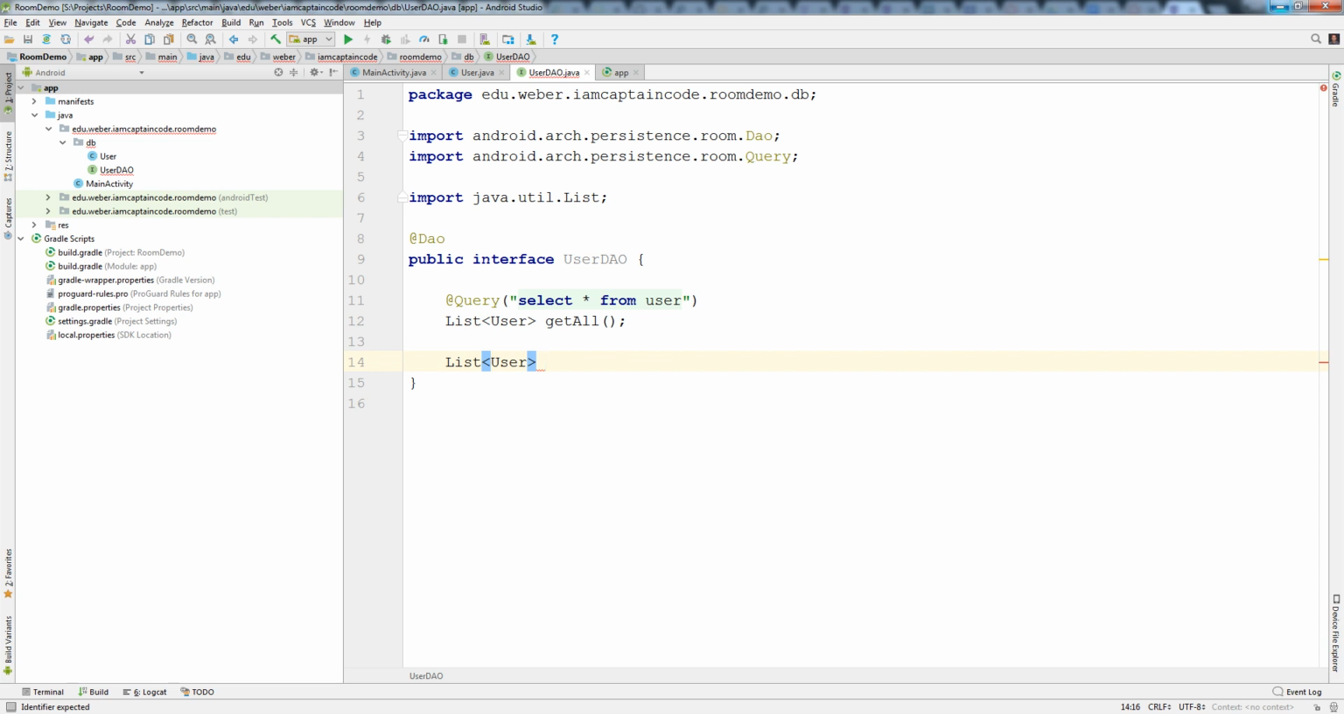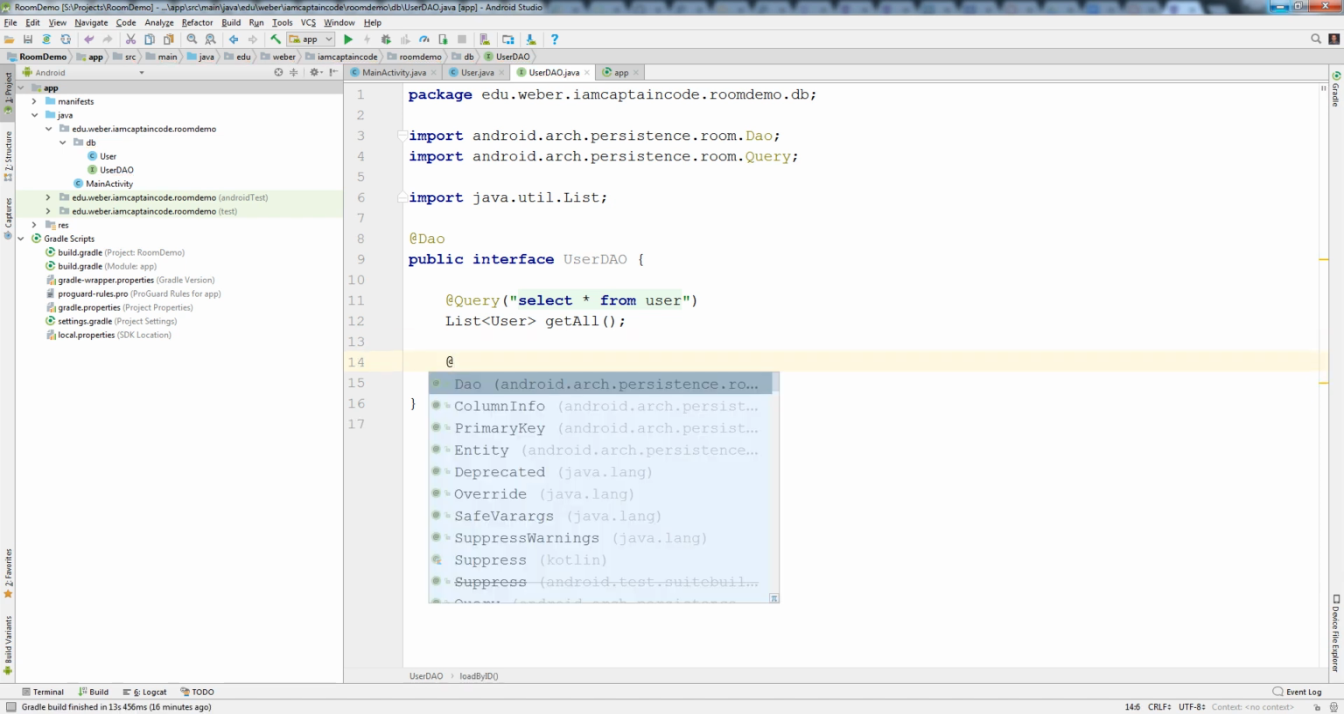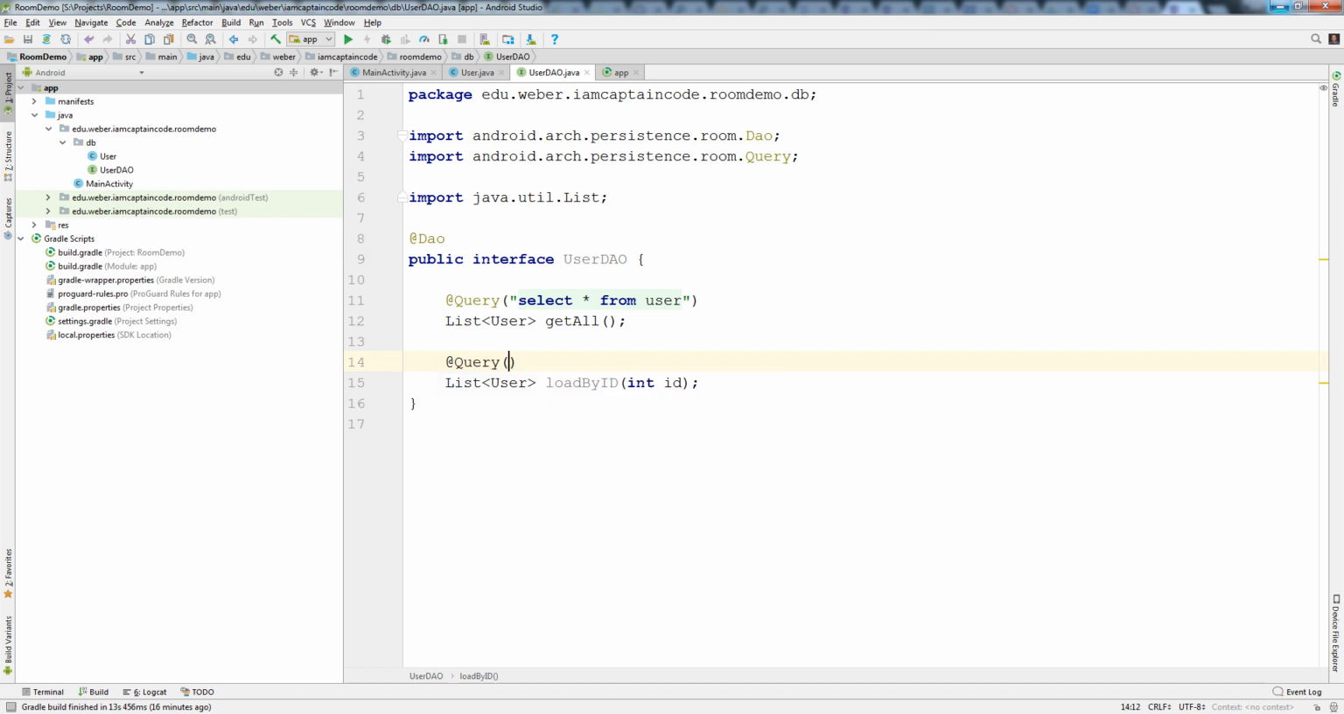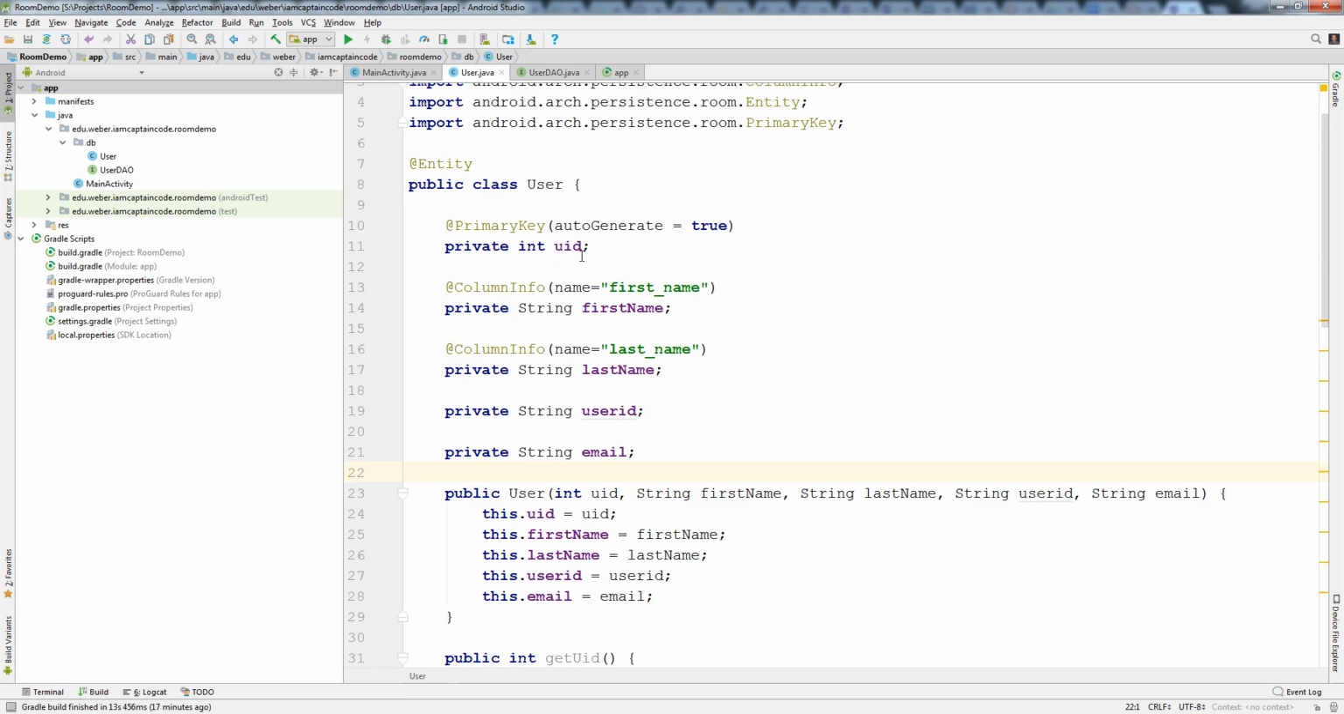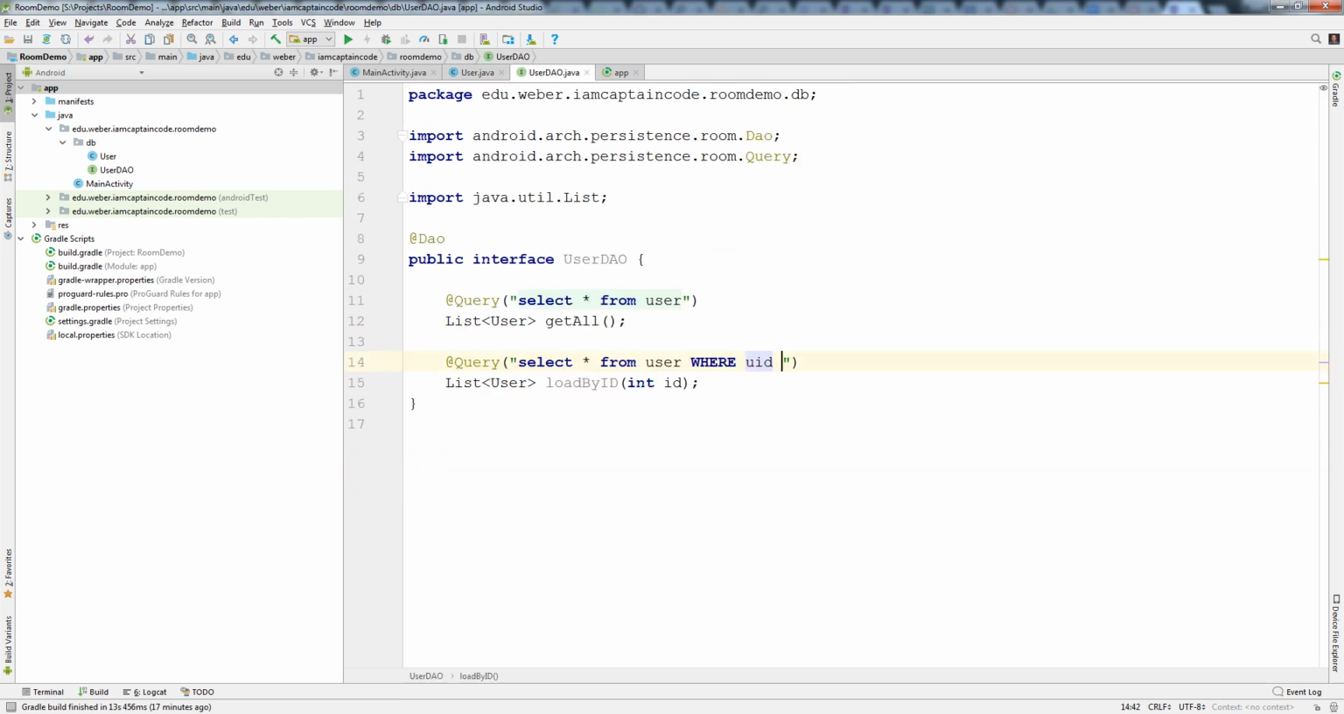Based on a specific ID. Say we want to load by ID and provide an integer of an ID that we're looking for. Maybe we're looking for a specific one. How do you provide an argument? Again, we are providing a query, and I want to say select all from user where UID, I think is what we called it in our DAO, equals ID. This named parameter, when I put a colon in the front, is a named parameter, meaning